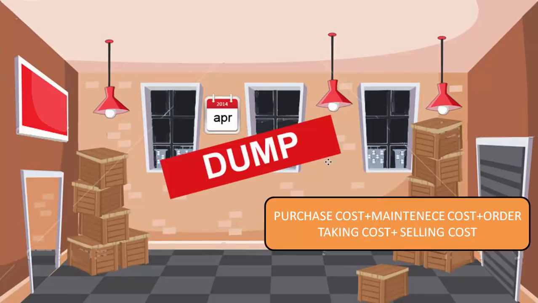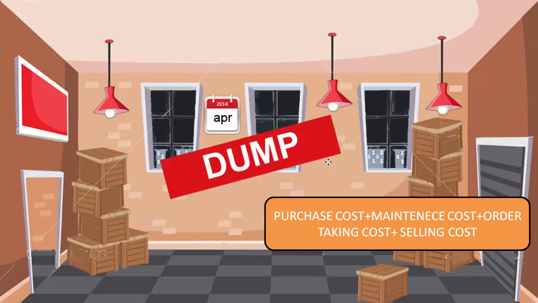But because of this item remaining unsold, we incurred purchase cost on it plus maintenance cost plus order taking cost plus selling cost. And then when we compare the total expenses with the money received against the sale of this product, we realize that it is a loss. These dump and near expiry products start to operate at 2% loss in the business. And the only way to avoid this loss is to remove these products as soon as possible, preferably by selling them or by avoiding them becoming dump and near expiry.